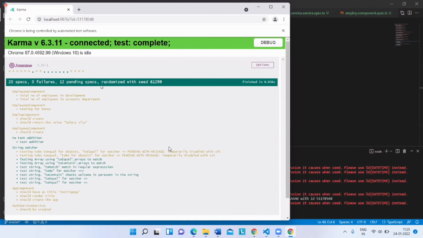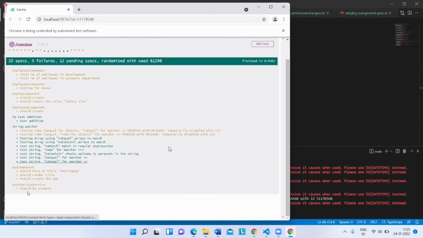You can see that wherever the things are gray in color, it is like something disabled, the color is changed. All these are nothing but pending ones. These are all pending specs.